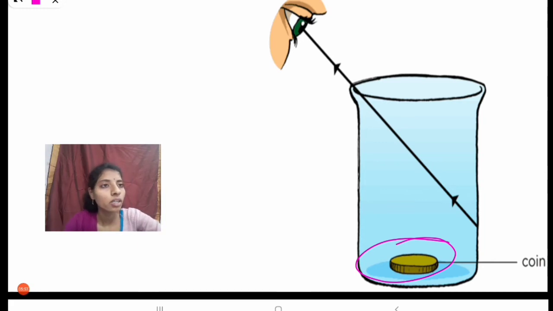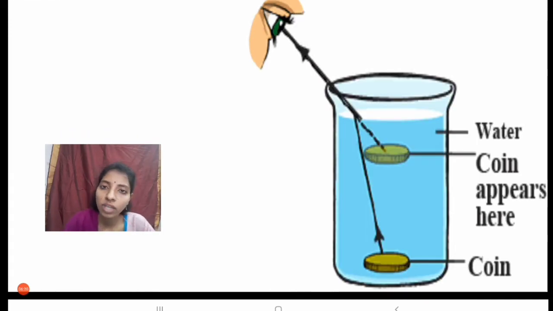Okay. So here you can see the light ray is up to here only. The person who is watching this glass is not observing the coin. He has moved away from the coin. Now fill this vessel with some water. So when the vessel is filled with water, there you will observe the coin is visible to the person. Now how is he seeing the coin? How is it possible to see the coin?